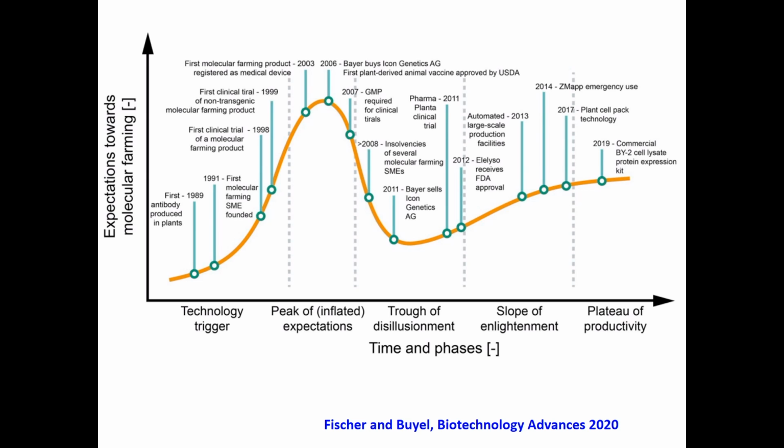This graph clearly shows the history of development of plant molecular farming. The plant molecular farming, as previously said, started from 1998 onwards. First antibody was produced in the plants in 1989, followed by in 1991 the first molecular farming SME founded. Then 1998 first clinical trial of a molecular farming product, and then 1999 the first clinical trial of non-transgenic